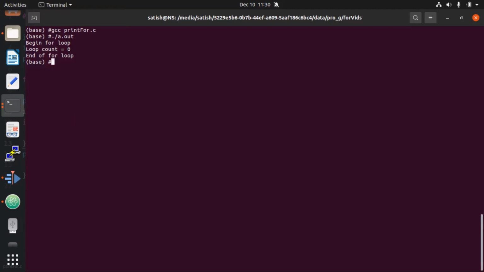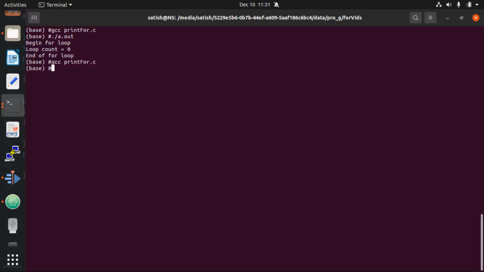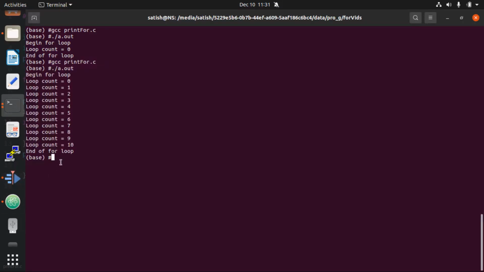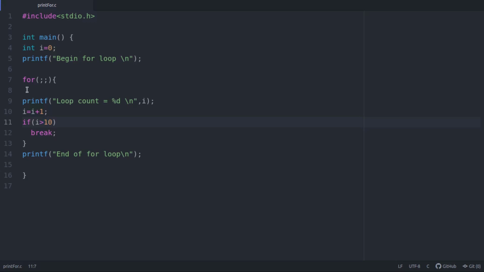Okay, begin of for loop, end of for loop. Something it did not. If i is okay, till i is greater than 10. If i is less than 10, not right. So we have given till greater than 10, so it comes till 10 here and stops. So if you want to stop at 9, you can change this value to 9.